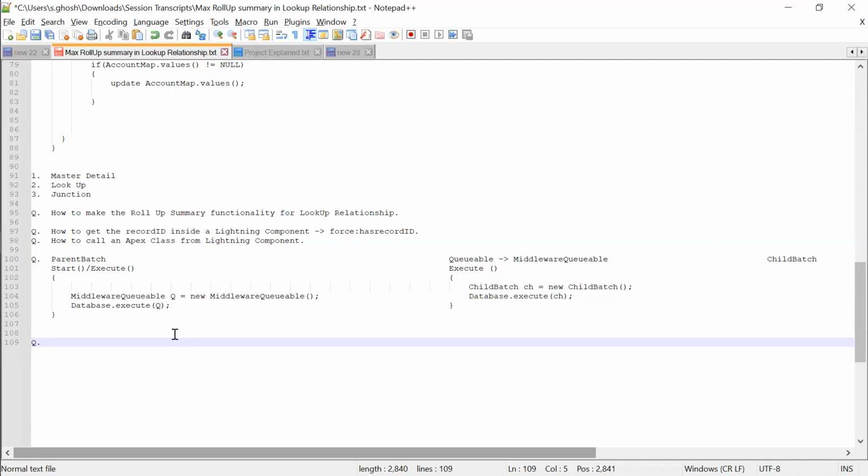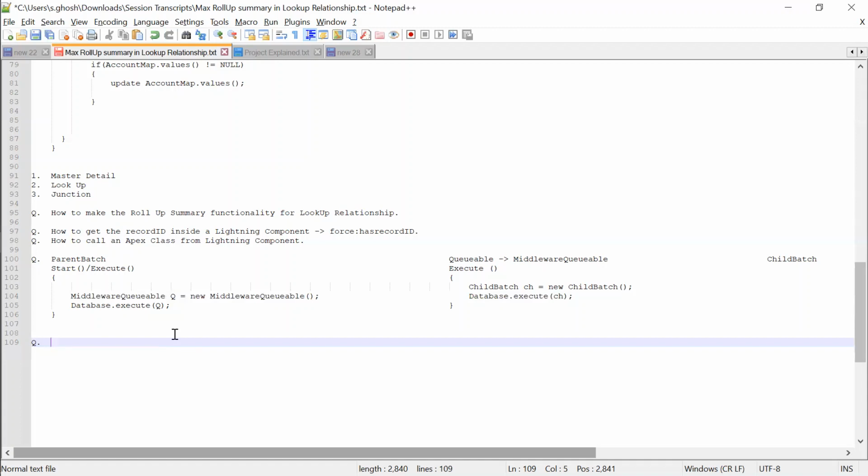Let's say we are talking about a trigger. If there is an account, there is a contact. Whatever value the contact's phone number has, the account's phone number should have the same value, and we want to implement this in a trigger. So it's a simple real-time scenario. Can you tell me how we can do that?